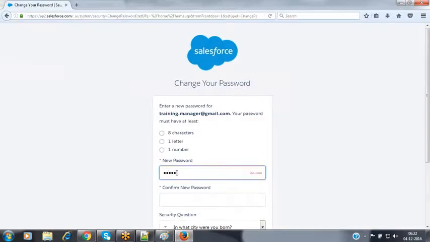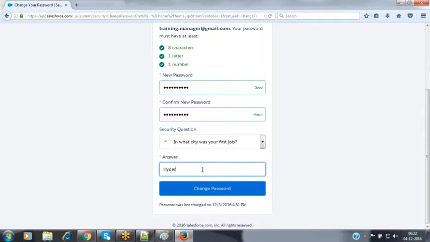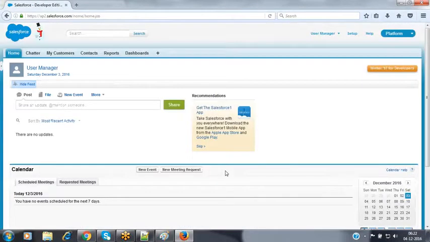Now I'm entering the password. So I have entered the password and selected the security question and the answer. Better to maintain the same password for all the users, because if you maintain different passwords, it will be difficult to remember them.